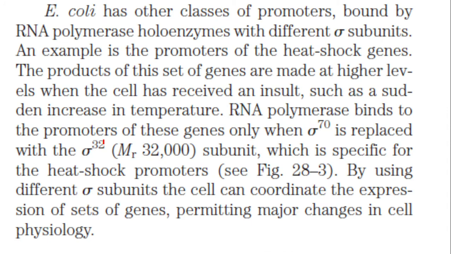These are the other classes of promoters. Because you know, different promoters are defined by different sigma subunits. Different types of sigma subunits on different genes define different promoters. That means different regions of the DNA can be considered as promoter simply by changing the sigma subunit of the polymerase holoenzyme. A prominent sigma subunit is sigma 32.